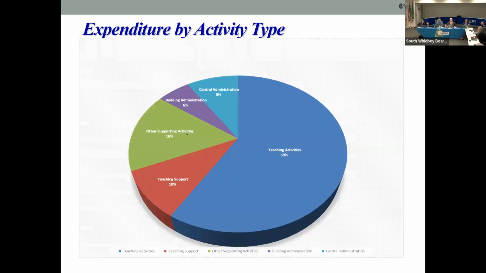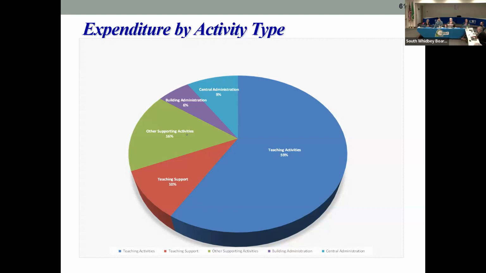We also break down then by activity. So if we look at our account code, everything we look at has an account code in our accounting system, and it has a program, activity, object code, location code, and a sub fund at the end. And sub fund is basically, is it local funds or are they state or federal funds? And the only purpose of that, it doesn't create more funds for more money. It's just an accounting thing that says, oh, this should be paid for with the local levies. It's negotiated salary increase or whatever it might be. It's something that the legislative body uses to see how we're using our levy funds. It doesn't do anything other than that.